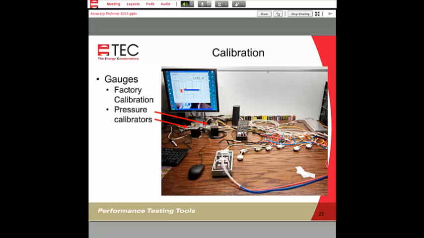Now you'll see these 2 black cubes with silver tops and connectors on top of those, beneath the display. Those are actually our pressure calibrators. For those interested, these pressure calibrators generally cost $5,000 to $6,000 a piece. The only time they ever leave our facility is when they go to a calibration laboratory.